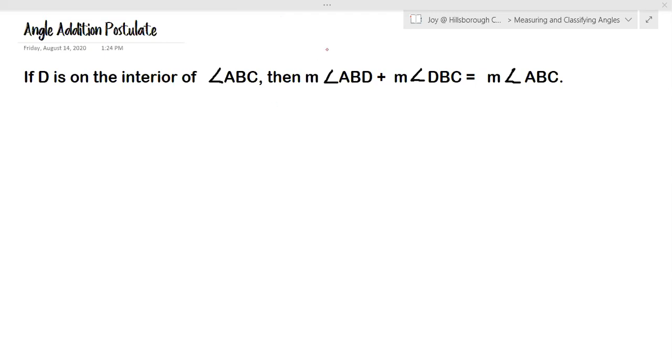All right, so now we're going to go ahead and look at the angle addition postulate. It is the exact same thing as the segment addition postulate, except we're talking about angles. So this says if D is on the interior of angle ABC, so that means that we have an angle,